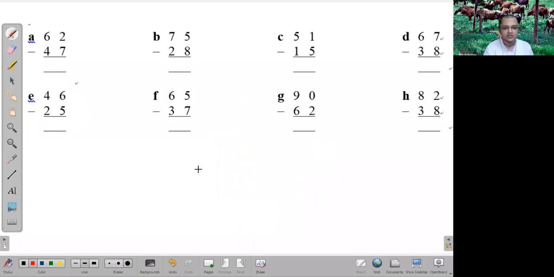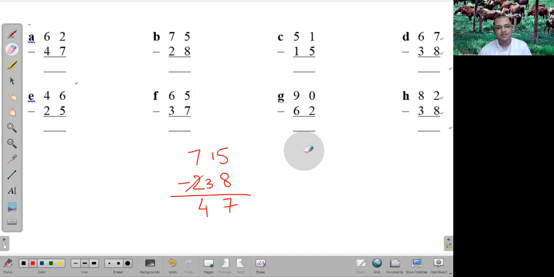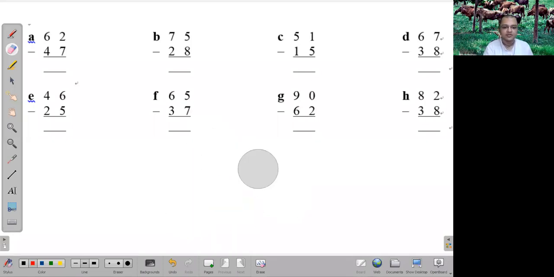Okay, let's check the next one also. 75 minus 28. Now 7 minus 2 is 5, but because 5 minus 8 is not possible, we will take it as 3 and this one as 15. We are adding 1 in this 2 and we are adding that 1 here. Not adding exactly, means writing that extra digit. We are adding actually 10. So 7 minus 3 is 4 and 15 minus 8 is 7. Is the left to right approach clear? Yes, Prabhuji. Okay, very good.